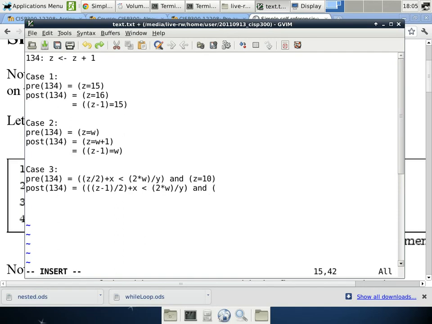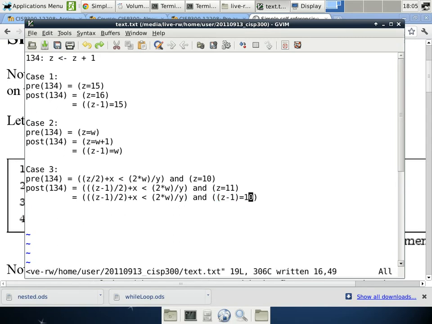If we know that z equals 10 before the assignment statement, don't we know that z equals 11 after the assignment statement? Yep. So I'll just say that z equals 11. If you know that z equals 11, isn't that the same thing as z minus 1 equals 10? Is that the same thing? It is the same thing. So that means